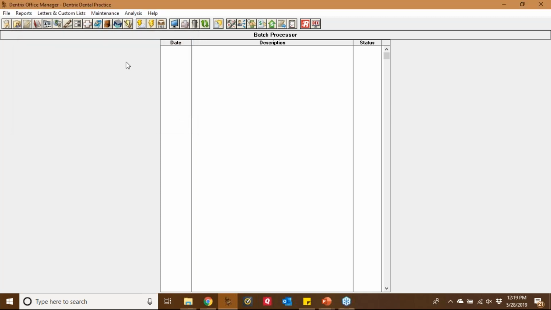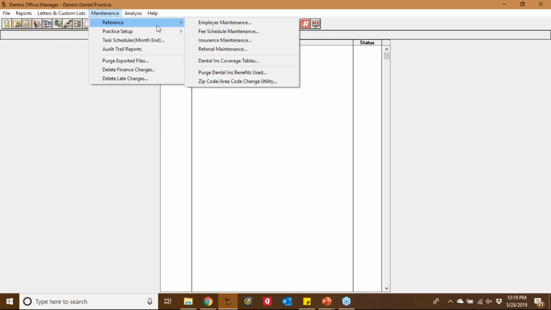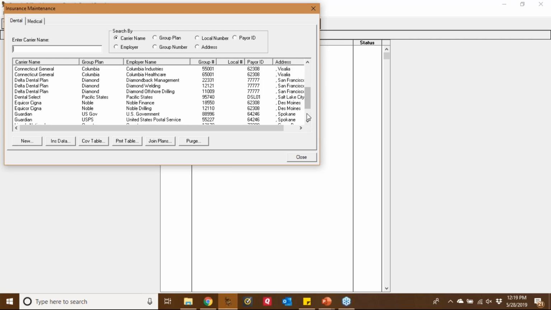All right, next spot. Insurance plans. All right, this is where it becomes a little bit challenging. I'm going to go here into insurance maintenance. So if you're following along today, maintenance, reference, and then insurance maintenance. So this is where you might end up with some duplicates, okay? And it's very common. It happens a lot. And so this is a place where you may have to spend some time